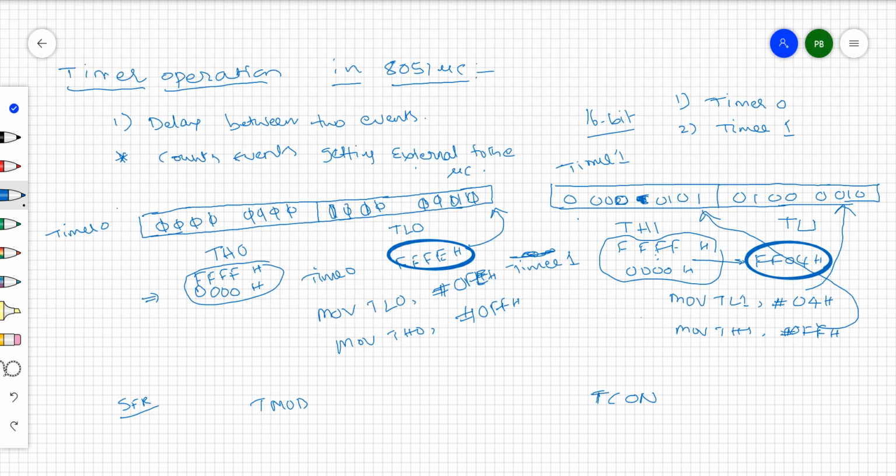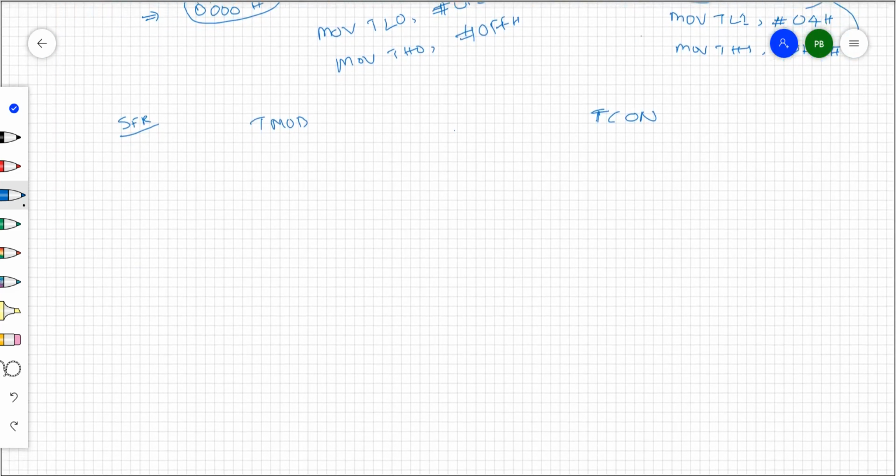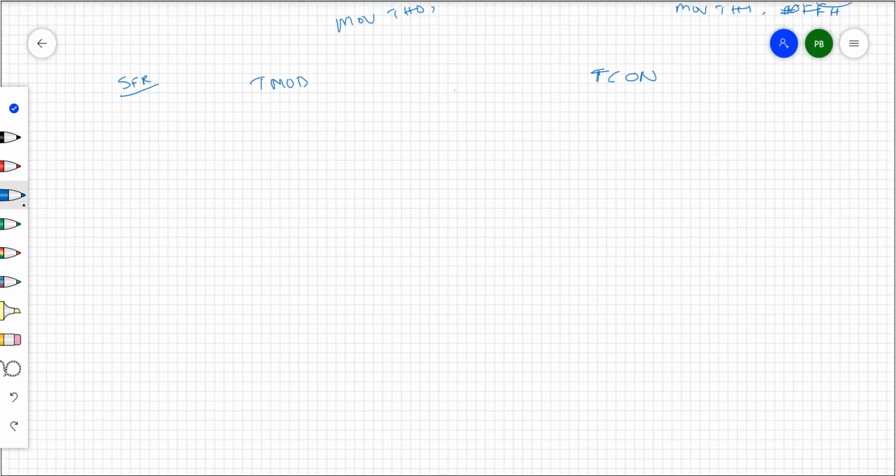These two registers are going to control these timers. That means whether you are going to use timer 0 or timer 1, and if you use one among the two timers, what mode you can use in that timer to provide the delay. That's all going to be controlled by the TMOD register.